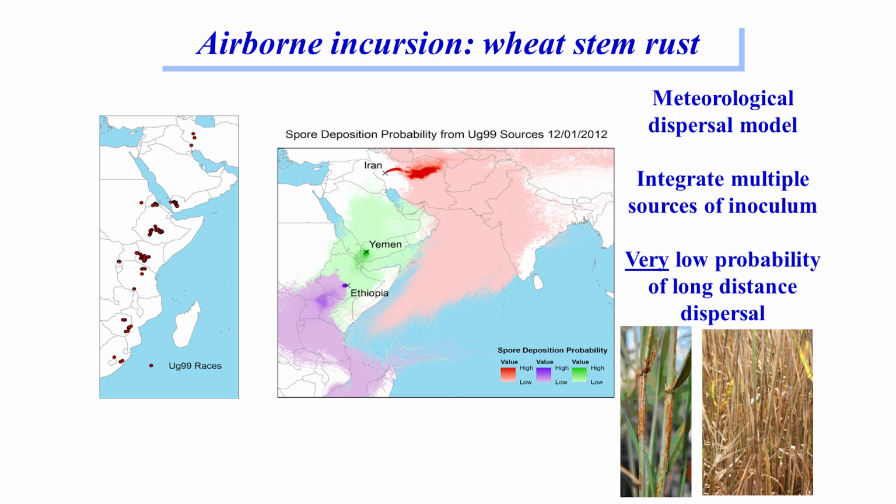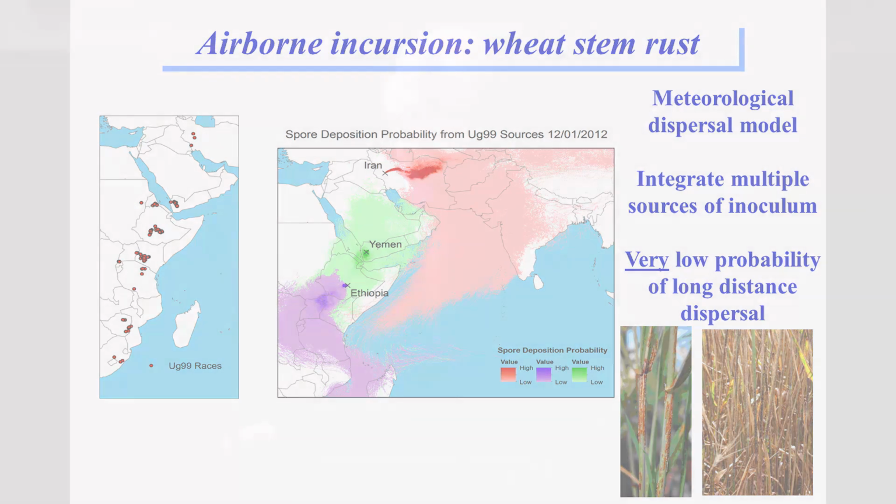This picture was sent to me last Friday when I got an urgent email from some collaborators in Ethiopia involved with our Gates Foundation project. And the email began "urgent". They had a new race of UG99, but they discovered it in 2 regions in Ethiopia where it had not been present before, first point. Secondly, it was much more severe than had been seen previously.